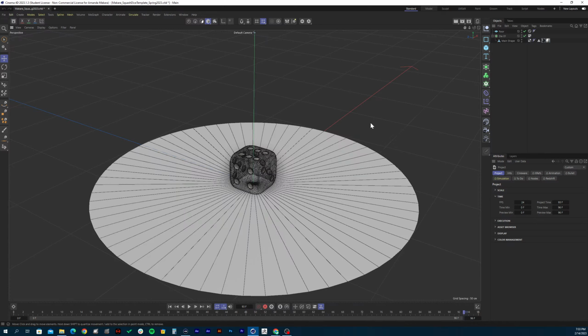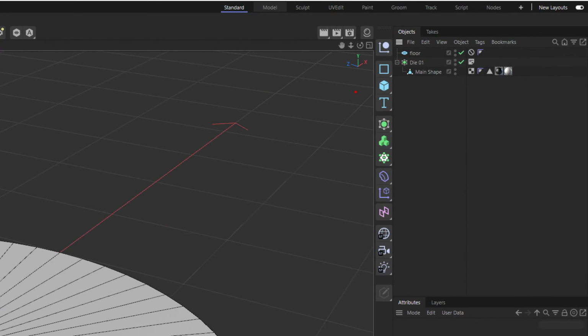You want to make sure that you're animating the correct object, because if you notice up in the top, it says die here, but it's in this really weird little thing, right? So this right here is the actual dice. This object, let me clear this out. This object right here is